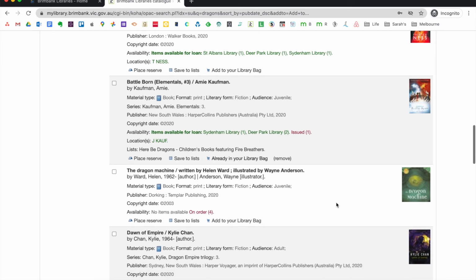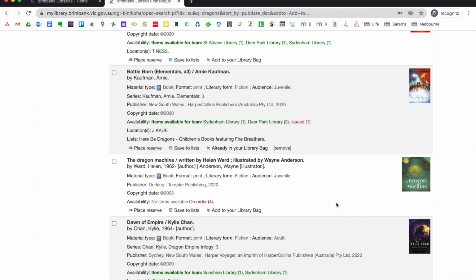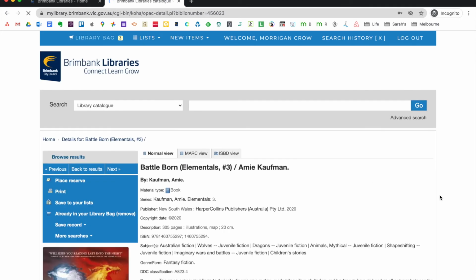Easy as. So we've learned how to search for an author if you're looking for something else in a series or just something else from that author. We have learned how to search for titles similar to a book you've read by scrolling right down. Let's have a look in the Elementals one. We're going to open up this page and scroll right down